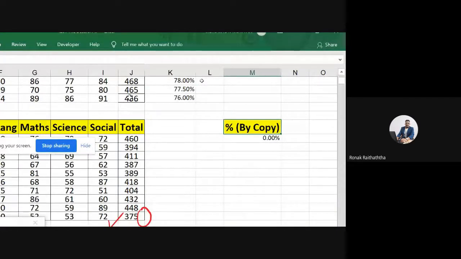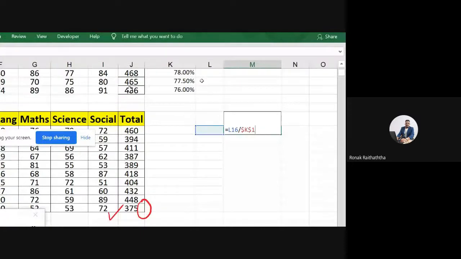The reason being, the cell range is getting shifted. It's L16 automatically. We wanted to lock this column J, but not the row numbers. Row numbers should get changed, so that we get the total of marks for the second table as well.